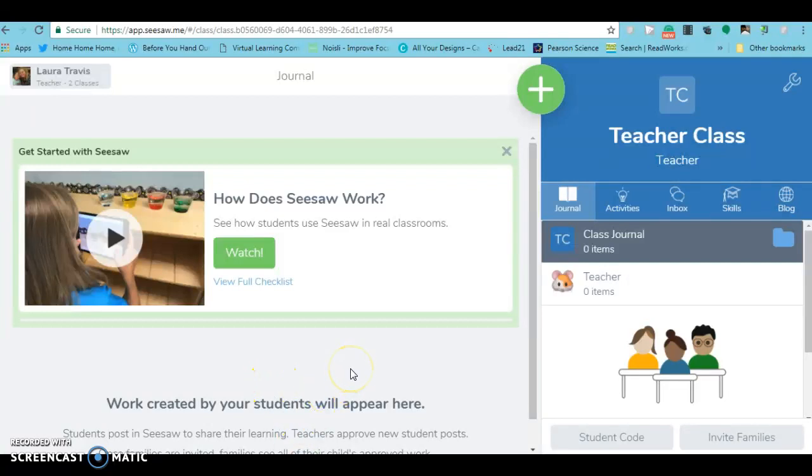Okay, the first technology that I'd like to share with you is SeeSaw. SeeSaw is an application that I use in my classroom. This is the web-based version that my students use nearly every day in my classroom. There's also an app version that parents and grandparents and other relatives are able to access to see their students'